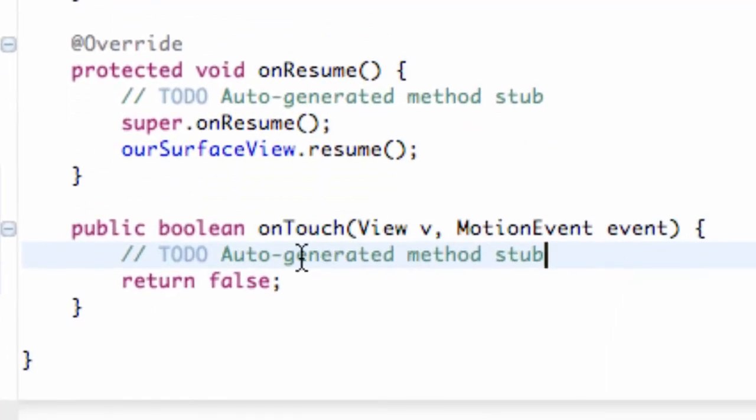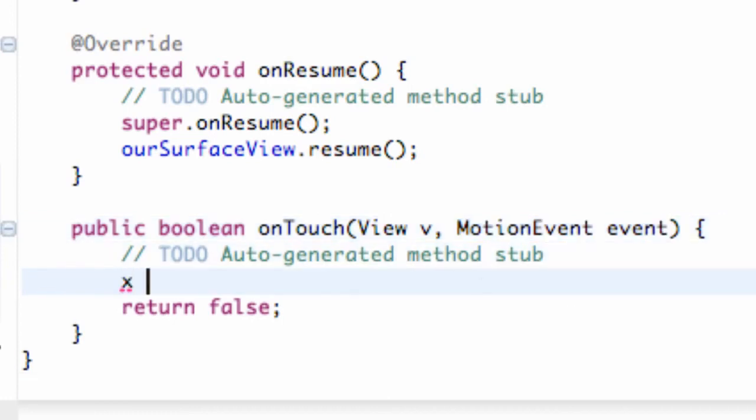So we go into this method, because when our surface is touched, it's going to call this method, and it's going to give us which view was touched, which is our whole surface, and then which event, whether it be a down, a move around, or a release of some sort. We're just going to set our X and Y values. So we're going to say X equals event, or whatever your second argument is, which is your motion event. As you can see here, it's labeled event, so we're going to say event